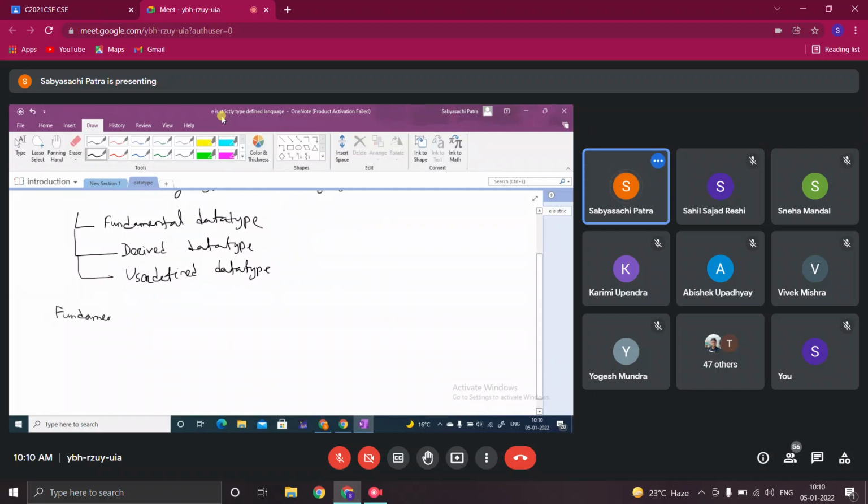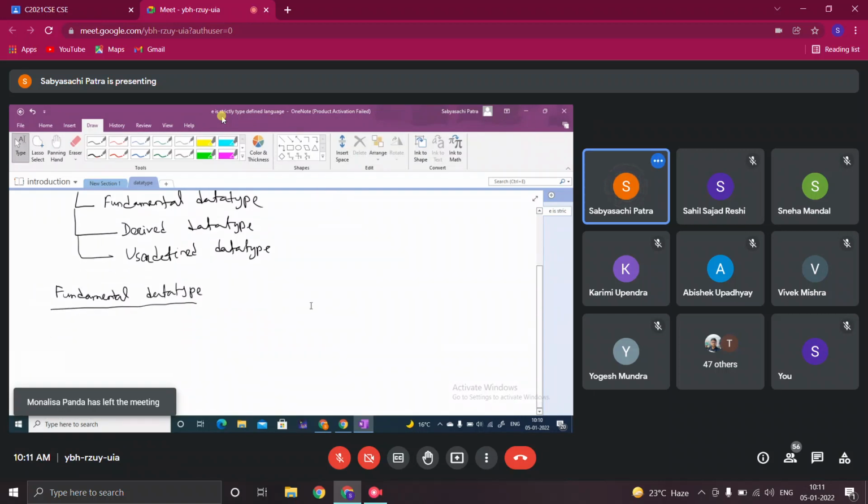Fundamental data type, again, you can have different fundamental data types. You can have character. The keyword used for character is char.